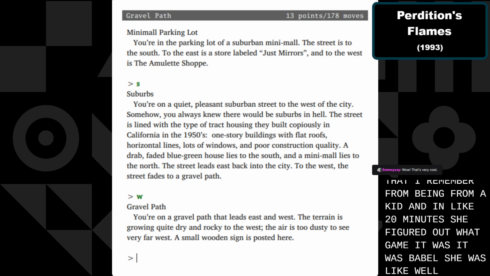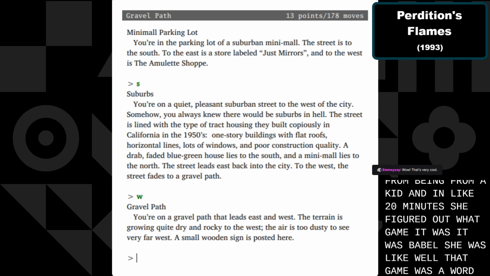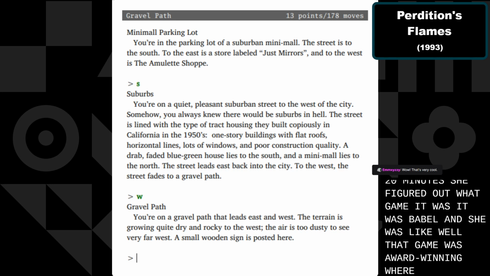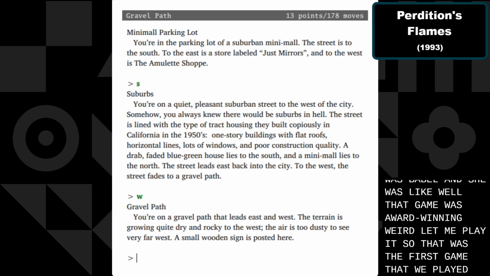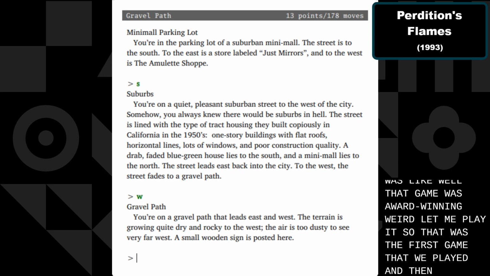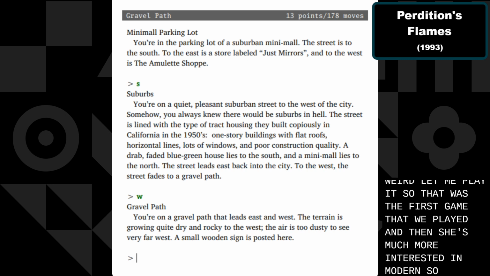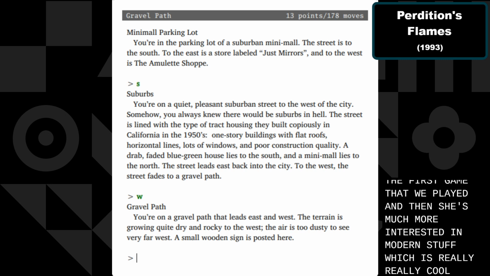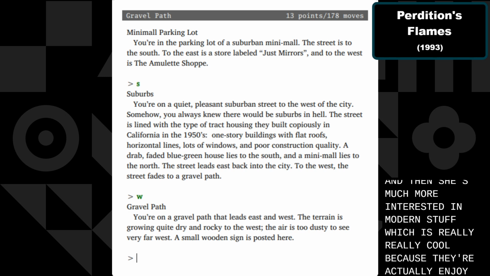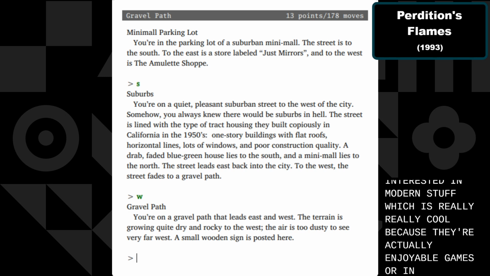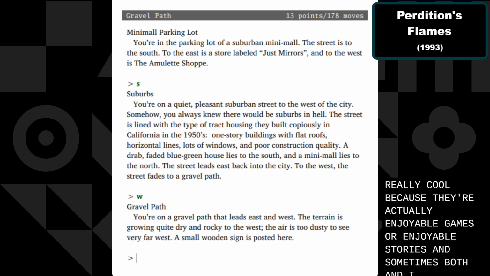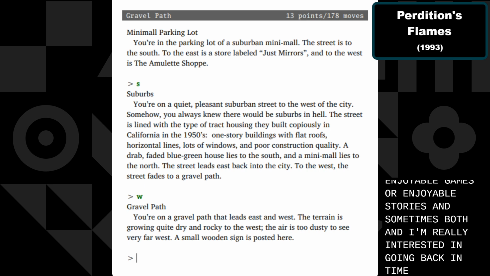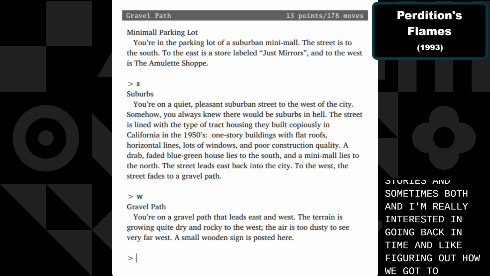And she was like, wow, that game was award-winning. Weird, let me play it. So that was the first game that we played. And then she's much more interested in modern stuff, which is really cool, because they're actually enjoyable games or enjoyable stories, and sometimes both. And I'm really interested in going back in time and figuring out how we got to